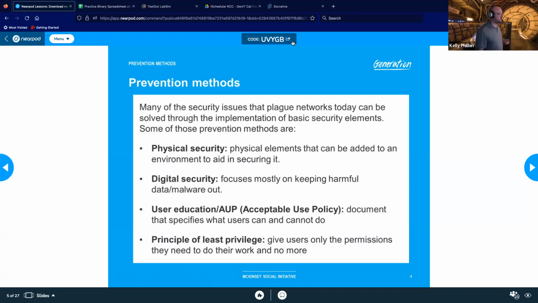We're going to get into digital security, which is basically trying to keep harmful data and malware out of our systems. We're going to get into user education because, unfortunately, the overwhelming majority of security breaches and systems issues are from users. It's not from our firewalls being ineffective or anti-malware not being up to date. Typically, it's an employee clicking on a link,